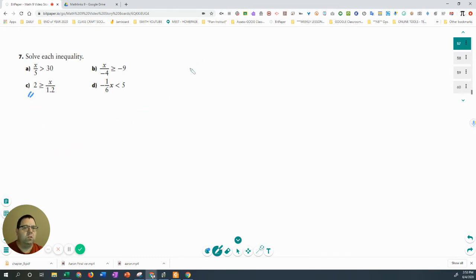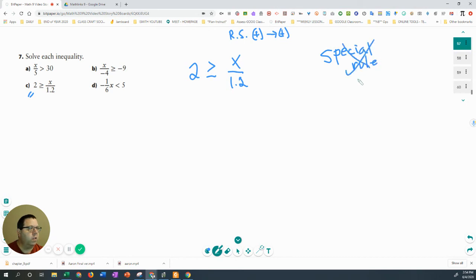All right, so we've got 2 is greater than or equal to x over 1.2. Now look, the right side here is where the variable is located. Before, in the previous question, the variable was on the left side, so I got focused on the left side. The right side is going to be positive, and I think it's going to stay positive. All right, I don't see any opportunities here to multiply or divide by a negative number, so I think we're going to say special rule is not needed. So special rule, remember where you have to flip the sign, special rule, okay? Not needed,